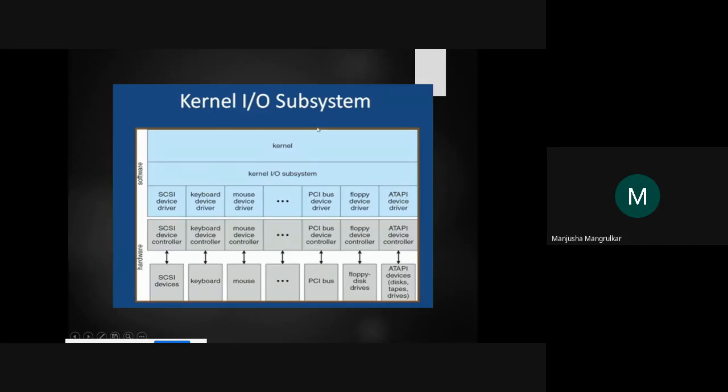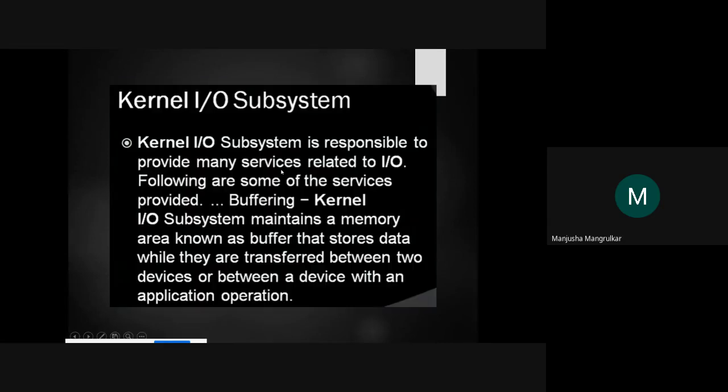The kernel IO subsystem is the software part of the kernel of the operating system. Now what is the kernel IO subsystem? The kernel IO subsystem is responsible for providing many services related to IO.